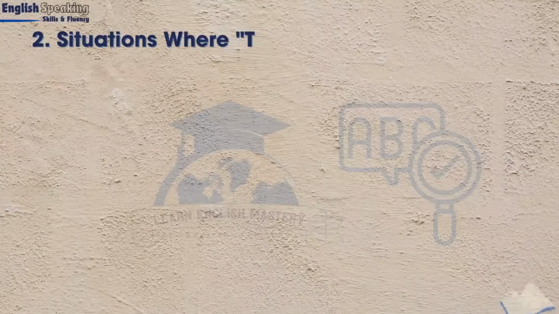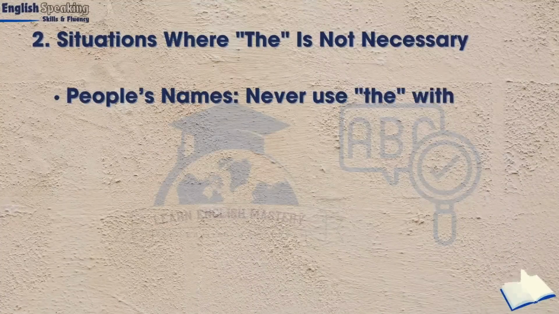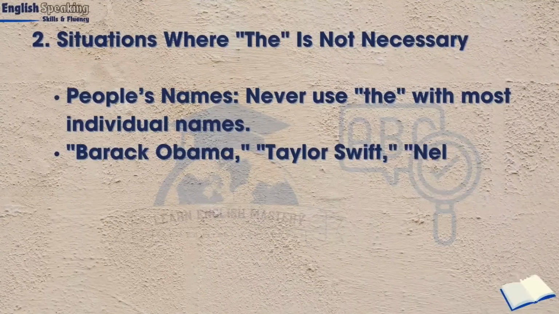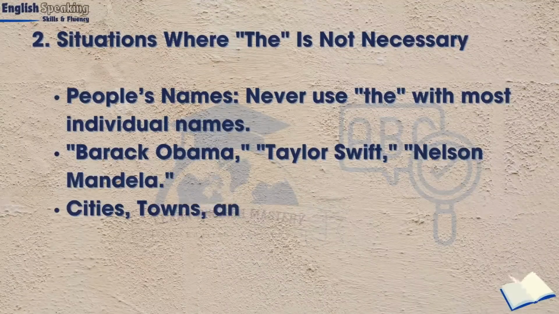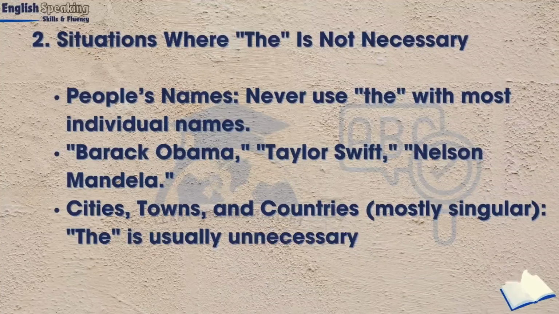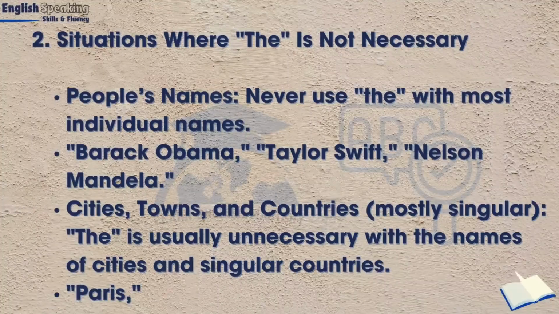Situations where "the" is not necessary. People's names: never use "the" with most individual names: Barack Obama, Taylor Swift, Nelson Mandela. Cities, towns, and countries, mostly singular: "the" is usually unnecessary with the names of cities and singular countries: